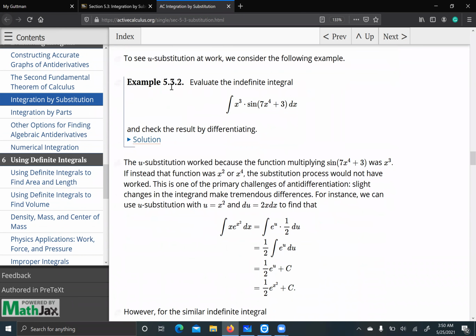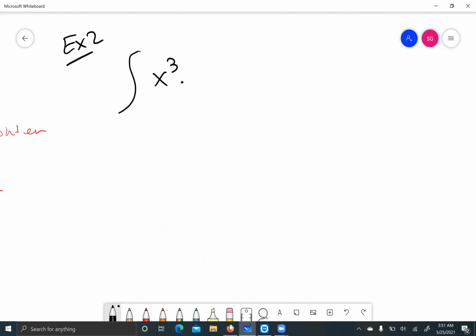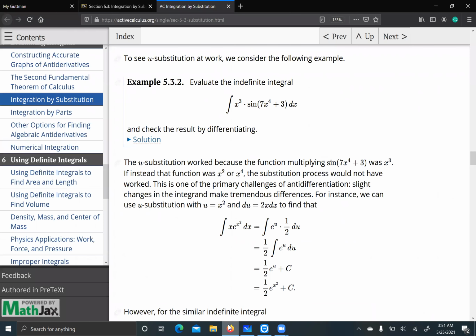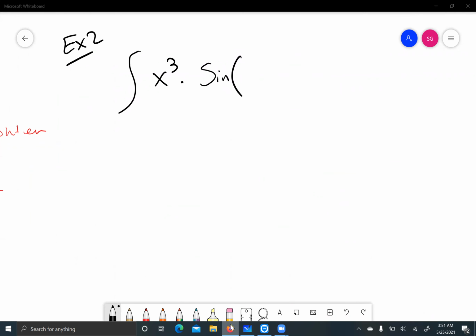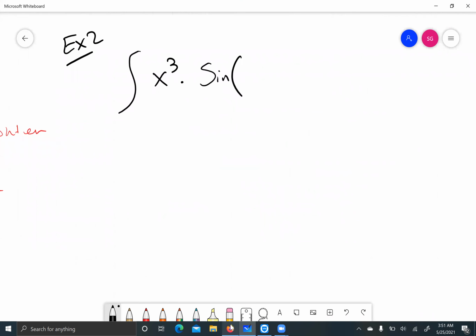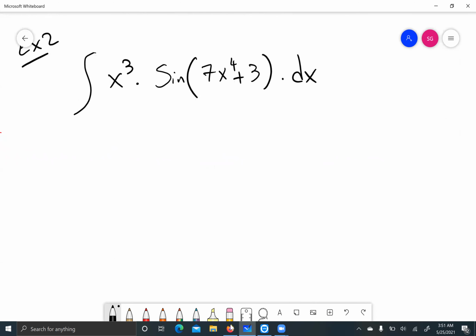So this is example 2: the integral of x cubed multiplied by sine of, what is the inner function here? 7x to the 4 plus 3, dx. Okay, so here it seems a bit different than the previous examples, because